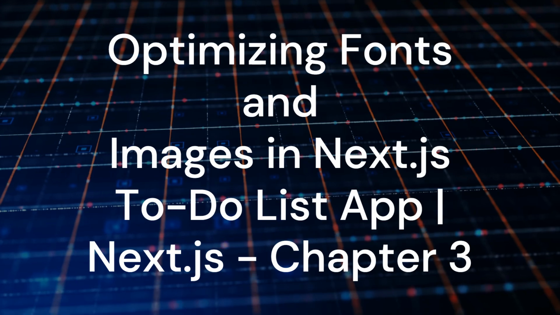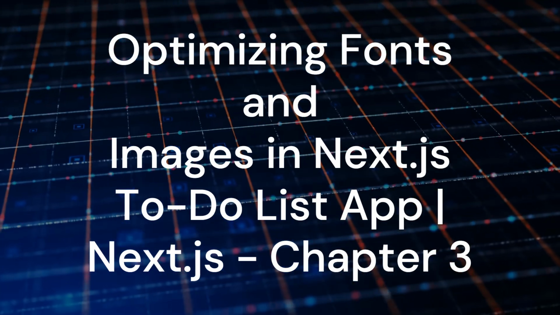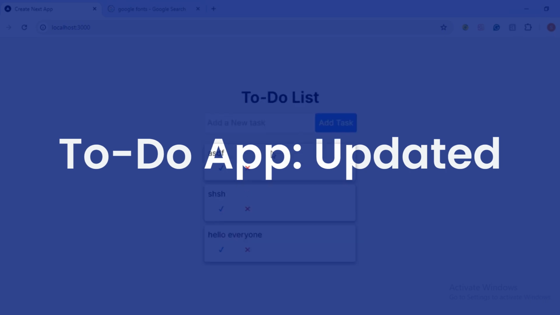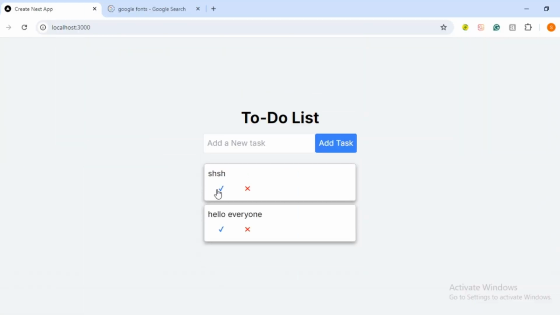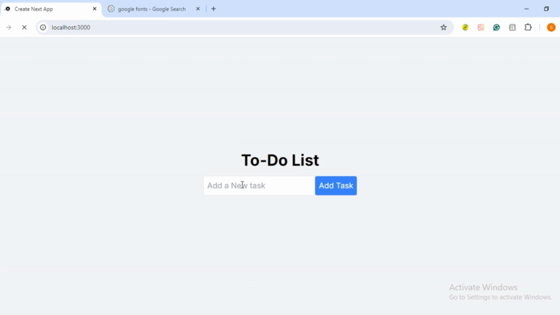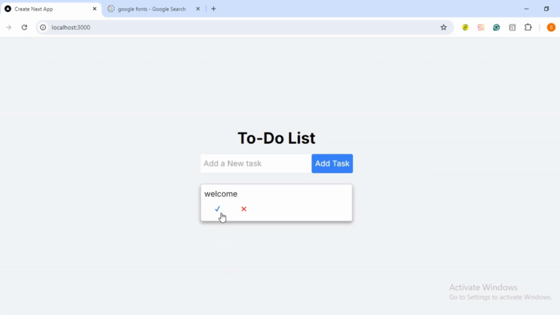In the third chapter, we're diving into optimizing fonts and images. It's all about making our app faster and looking slick. Ready? Let's roll. We're going to continue with our to-do list app and make it even better by adding custom